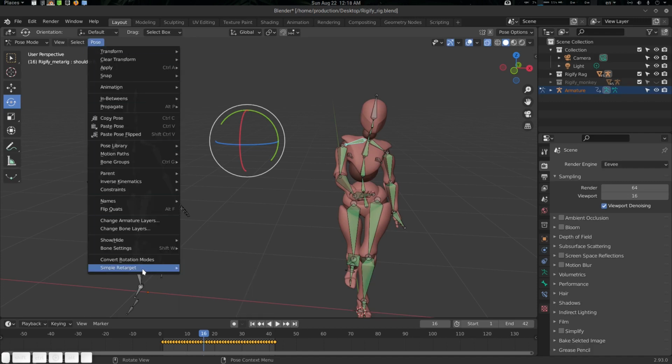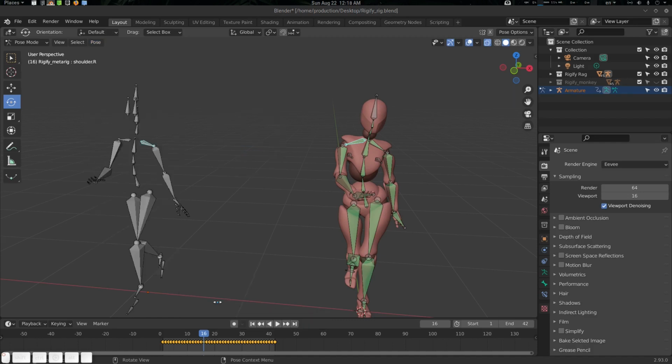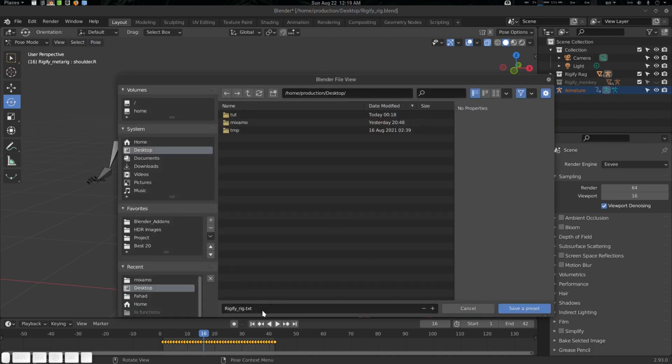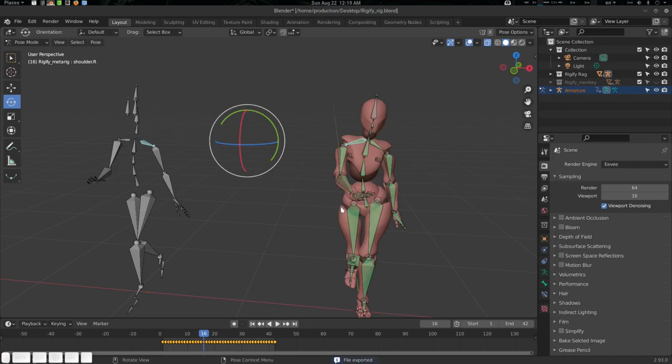Then go to Pose, Simple Retarget, Export Preset. I'm just going to name it like Mixamo to Rigify or something like that. It will be a simple text file, and just save it as a preset. Okay, file is exported.